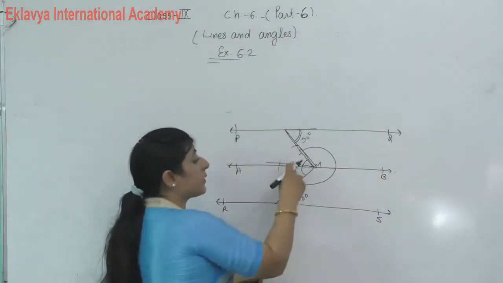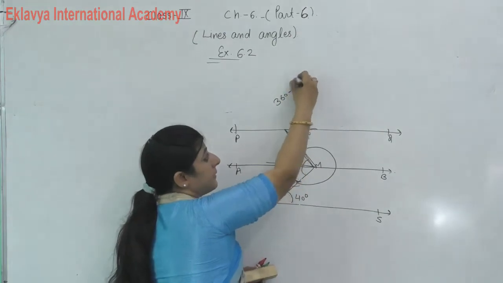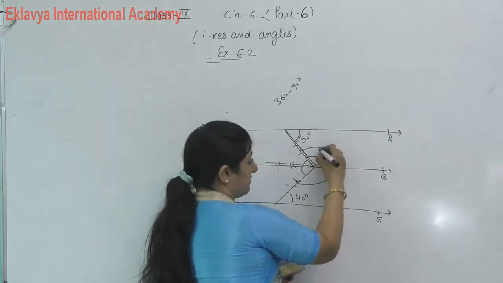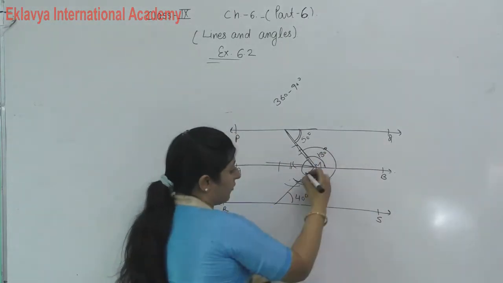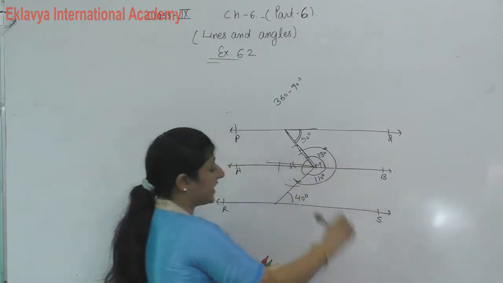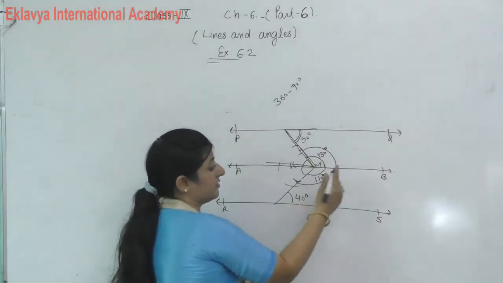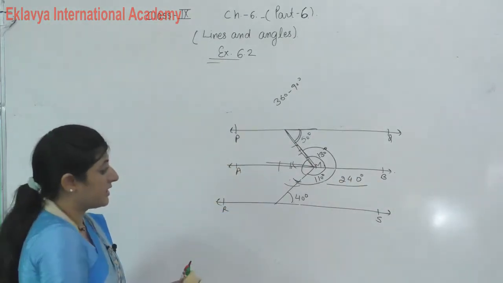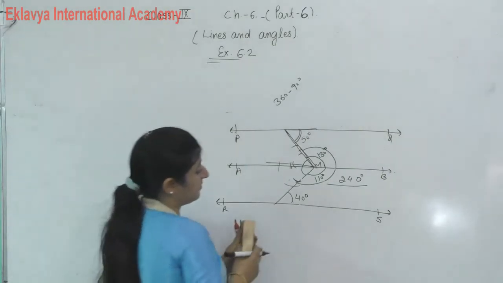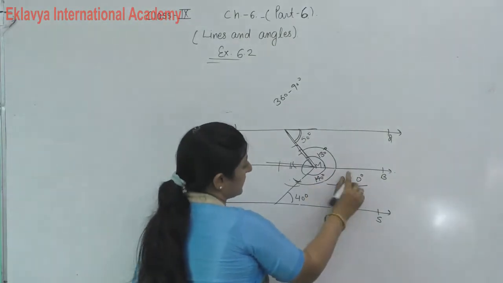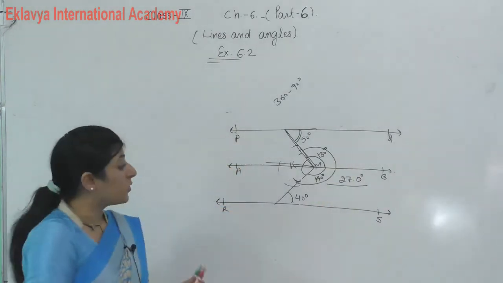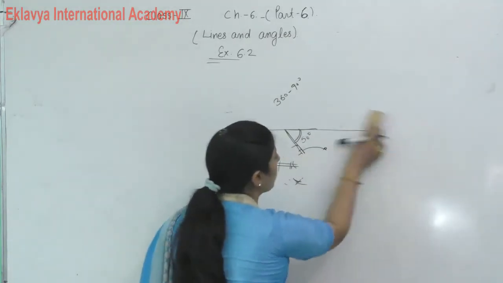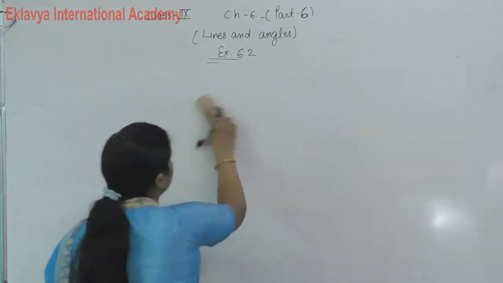Or if it is asking for this one angle, one procedure you can do is 360 minus 90. Otherwise, you can do this: this 50, then this becomes 130 degrees; this 40, then this becomes 140 degrees. Then add it, it becomes 270 degrees. So this type also we can find our answer. So in these types of figures we have to draw a line parallel to any given line.